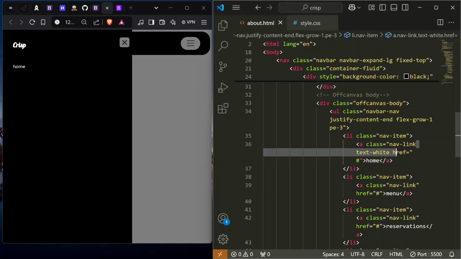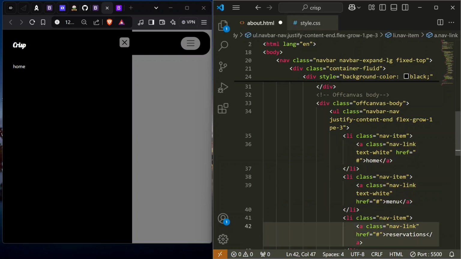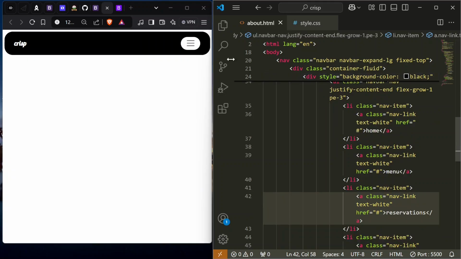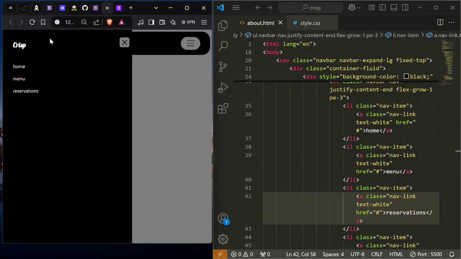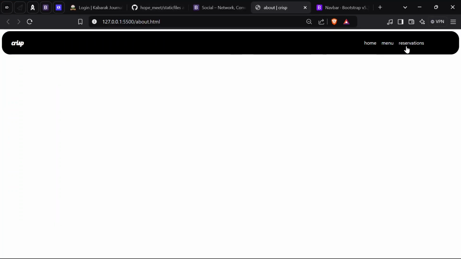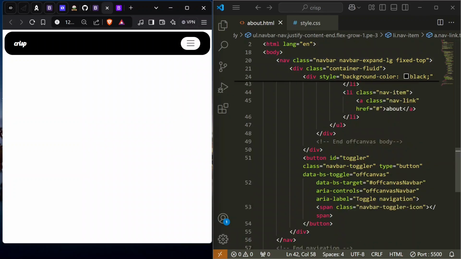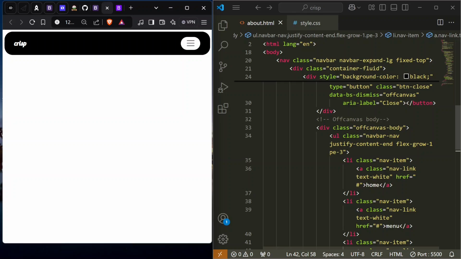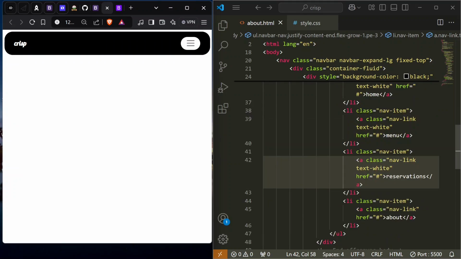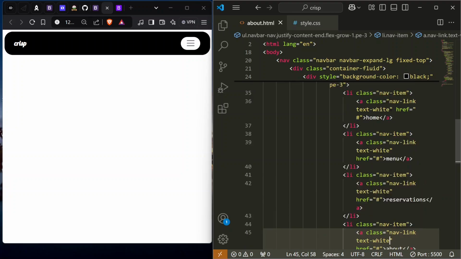Let's copy it and then paste it to the other links. So there, and reservations, let's check. Okay, they're visible. If you maximize, there they are. All right. Now I've just noticed that the about is not visible, so we'll add text white to make it visible, and